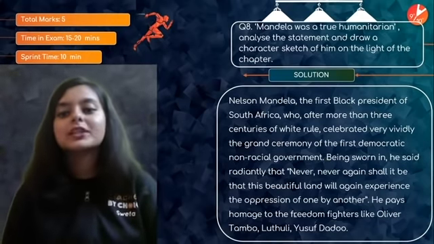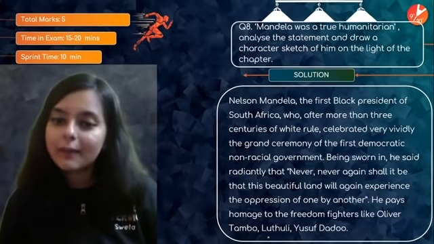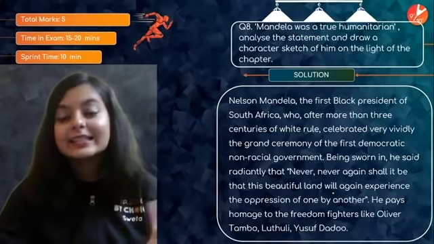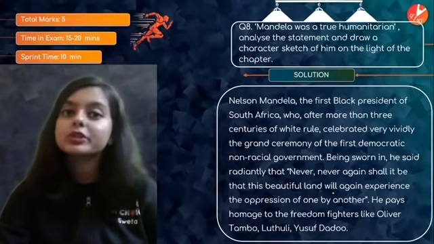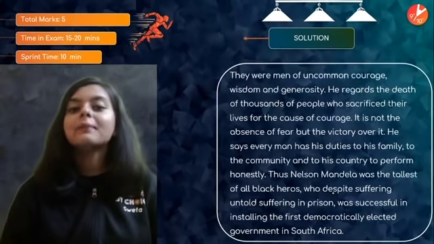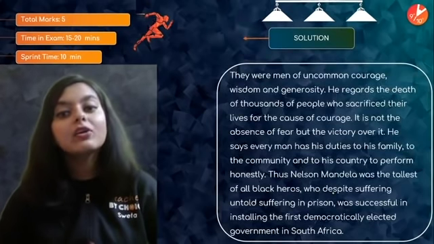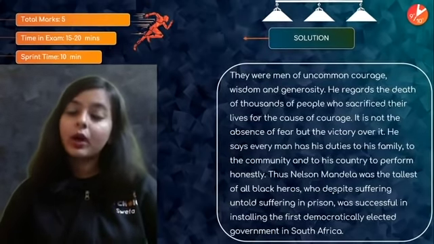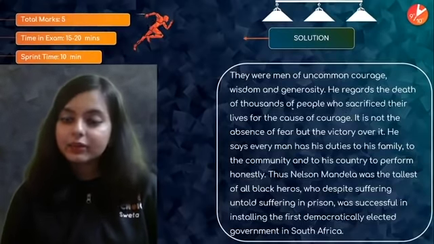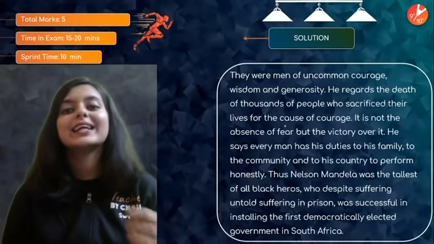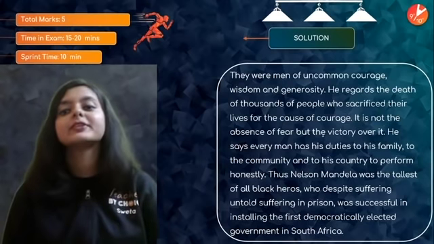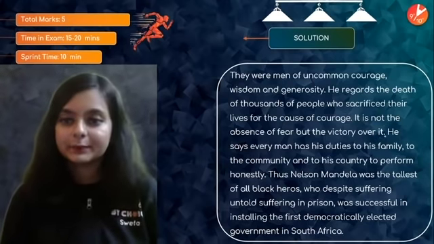He pays homage to the freedom fighters like Oliver Tambo, Yusuf Dadu, etc. Right? And he says that he is the sum total of whatever they were. So they were men of uncommon courage, wisdom, and generosity. So, paying tribute to them, he actually says that. He regards the death of thousands of people who sacrificed their lives for the cause of courage. And he also says that it is not the absence of fear, but the victory over it,